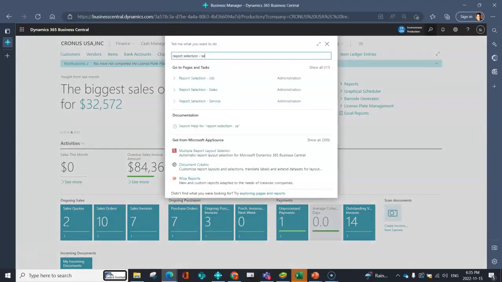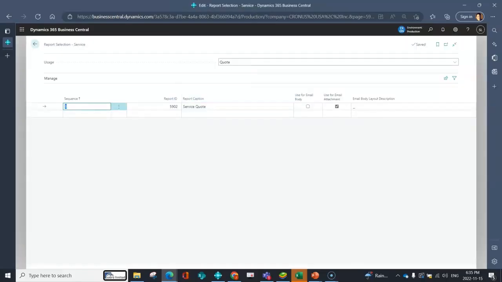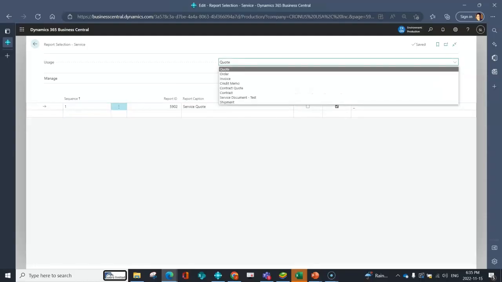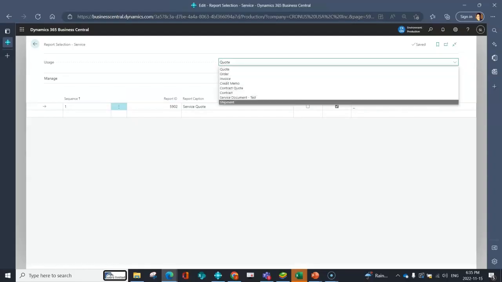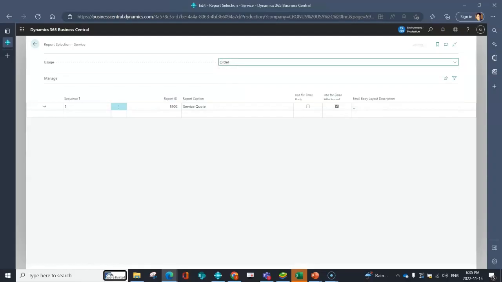for service. So you've got the jobs, you've got sales, you've got purchasing. So we're going to focus here on the service area. And they've just extended really your abilities here. So again, as you see in other areas, you've got your usage section. So you can drop down and indicate whether you're dealing with a service quote, a service order, a contract, a shipment. So once you've selected whatever area that you want, so let's say I'm dealing with the service order, similar